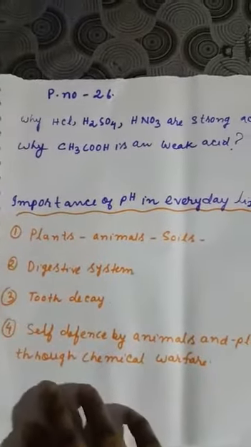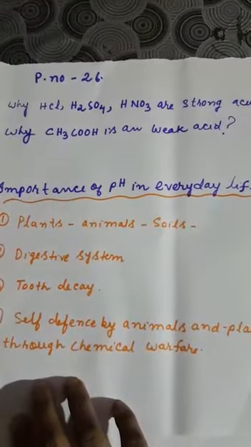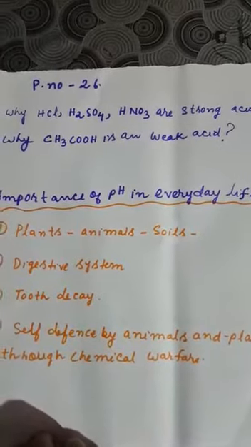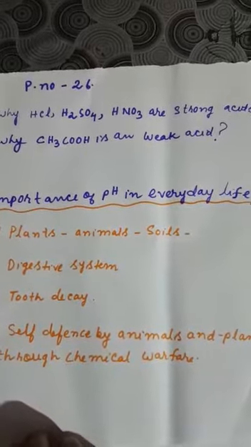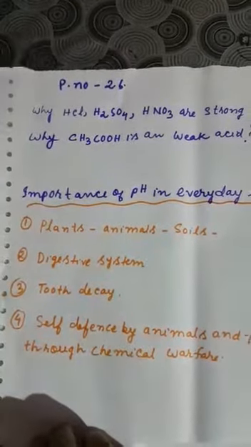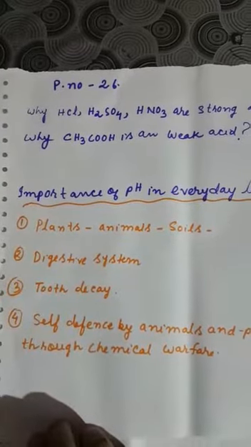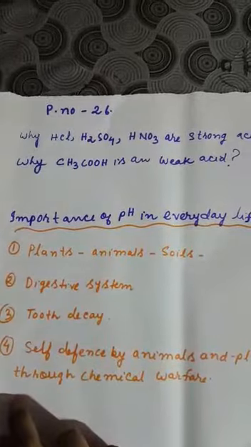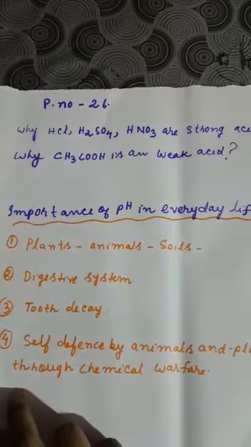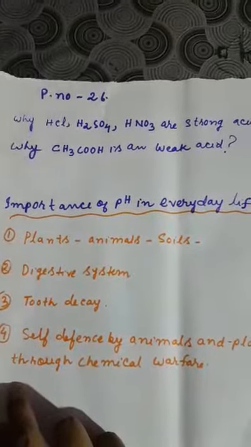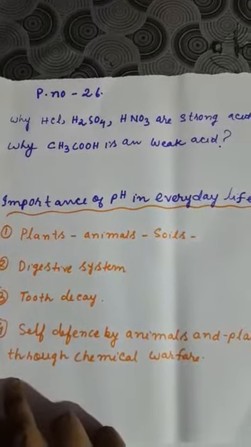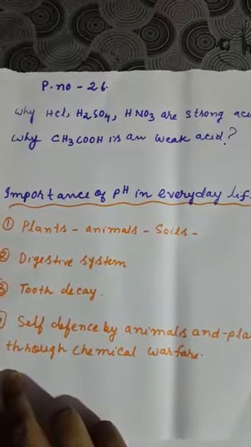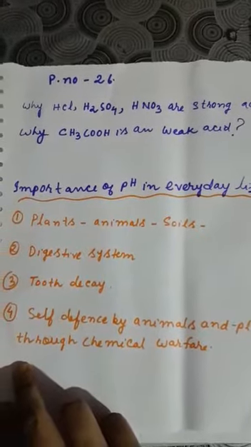Now take out page number 26, figure 2.7. You will see different changes in color. For hydrochloric acid, the strongest acid, if you dip the universal indicator paper in it, you will see that it will become red. Slowly, as the acidic character decreases, the color will change from red to orange and slightly yellow. Then slowly up to 6 you will see that it will become light green, and at 7 for neutral pH